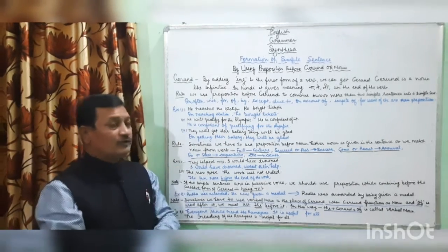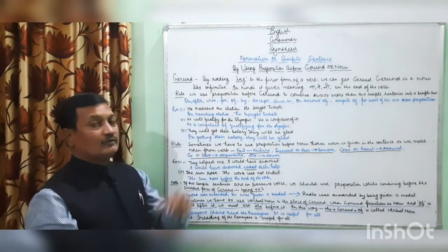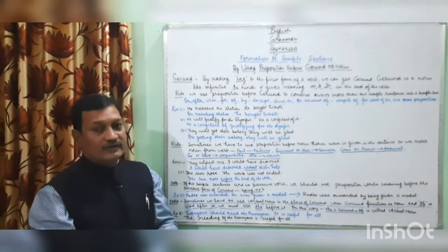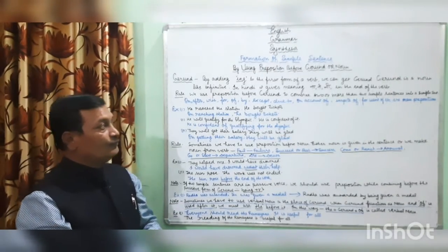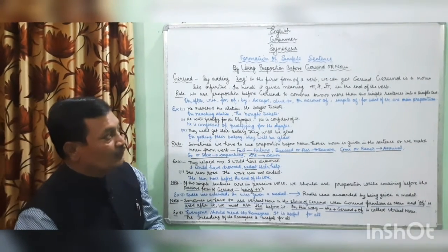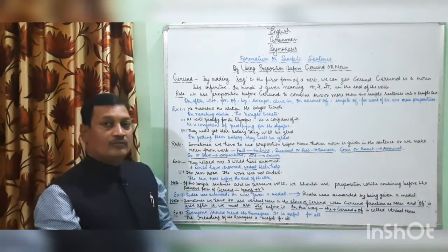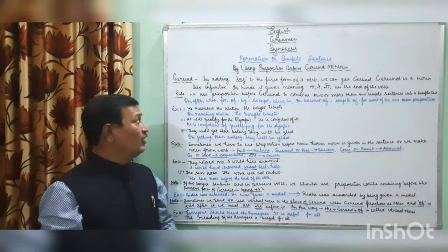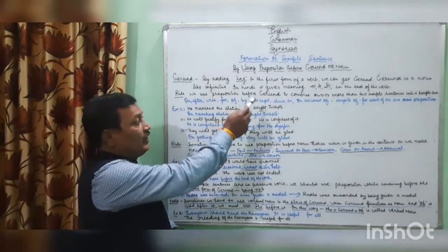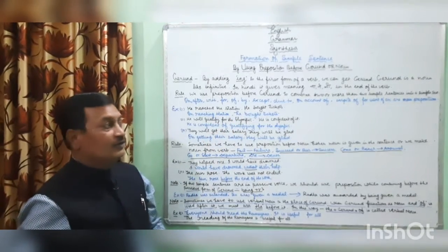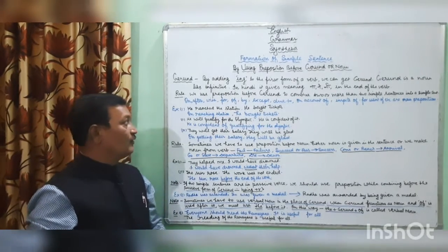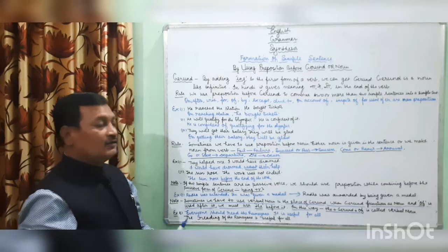Let's see rule number 1 related to this. Okay? We use preposition before gerund to combine two or more than two simple sentences into a simple sentence. The important prepositions are on, after, with, for, of, by, except, due to, on account of, in spite of, for want of, etc. Dear students, let's see examples.